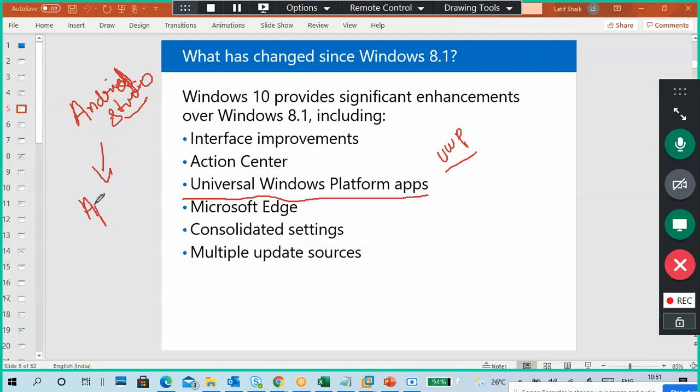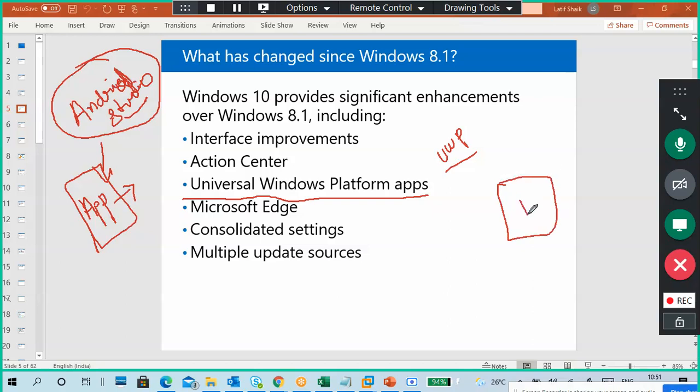Any applications you want to develop for Android mobile phones or tablets, some laptops also, like a two-in-one laptop type. If you want to build an application, we need Android Studio, right? For Android mobile phones, tablets, Android platform purpose.